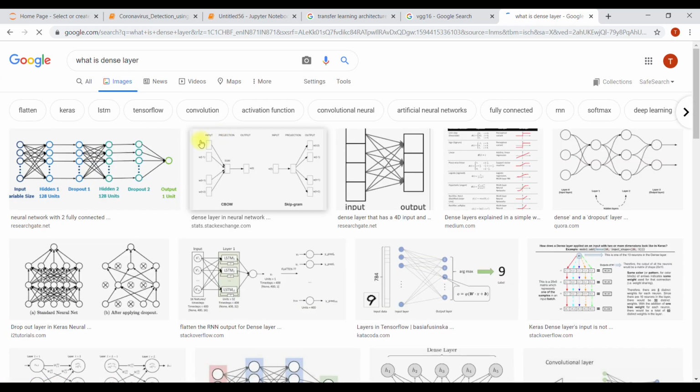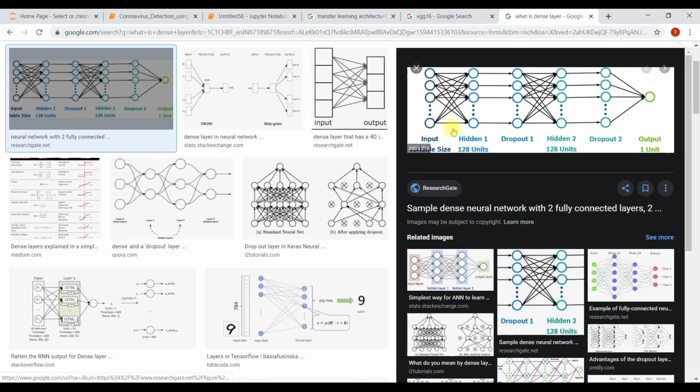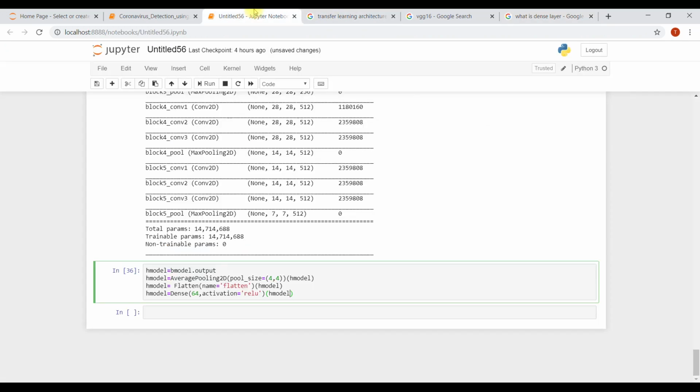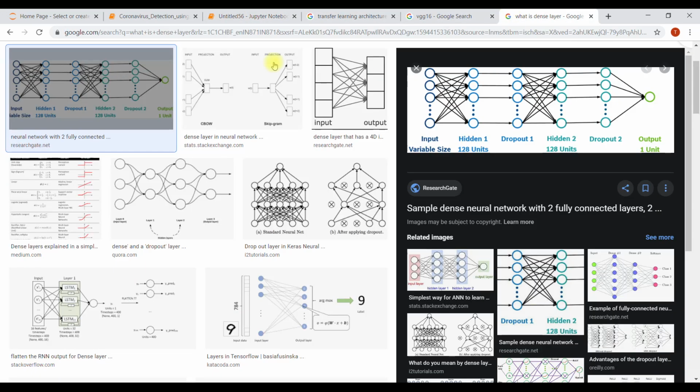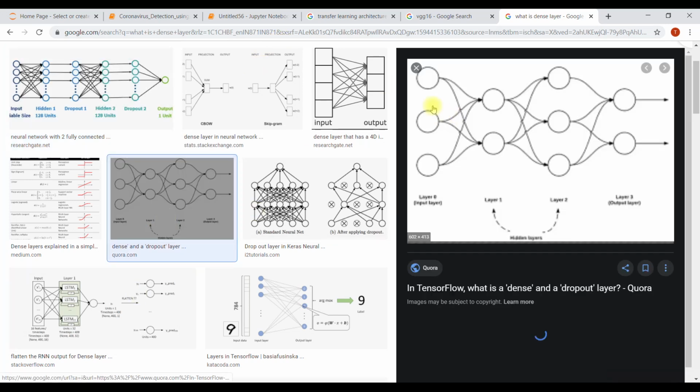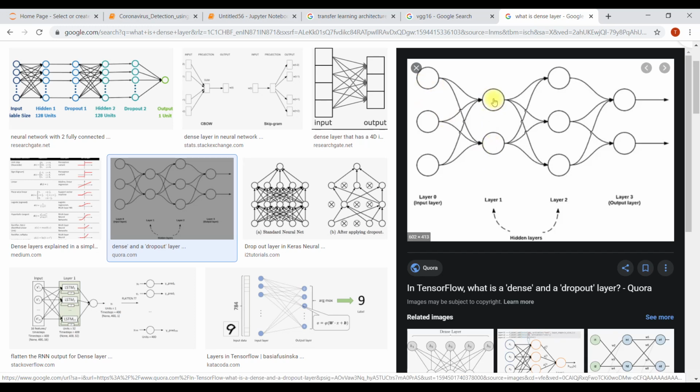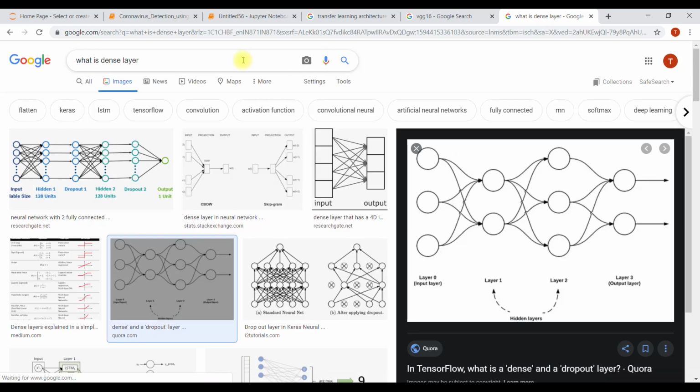A dense layer is just a regular layer. We are adding a dense layer of 64 units, like this. This is your regular layer, and that's all. And ReLU, what is an activation function? Activation function is nothing special. Every neuron has some kind of data, and only the data of highest quality will go forward, and the rest will not. So how do we decide? By using an activation function. Activation ReLU, like this.